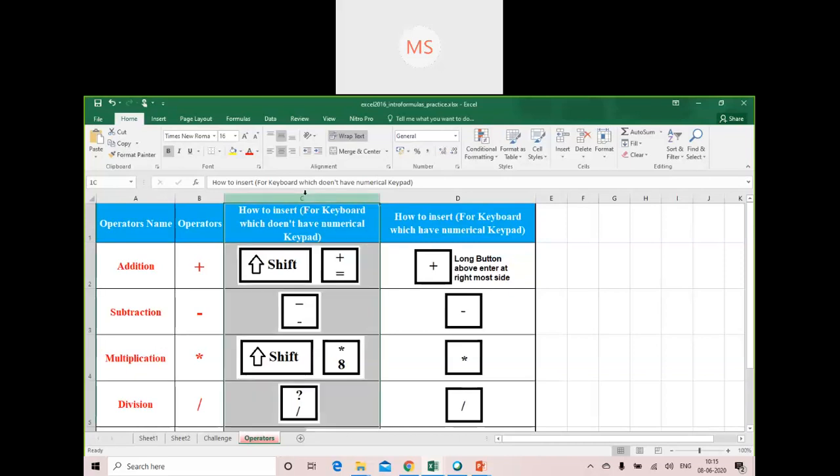This column consists of the key configuration for those keyboards where you don't have numerical keypads, and this column consists of the configuration for those keyboards which have a separate numerical keypad. So this is what the configuration is for different types of keyboard that you all can go through once I save this file.